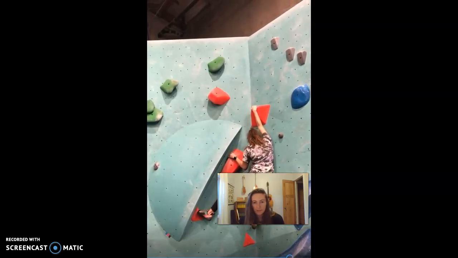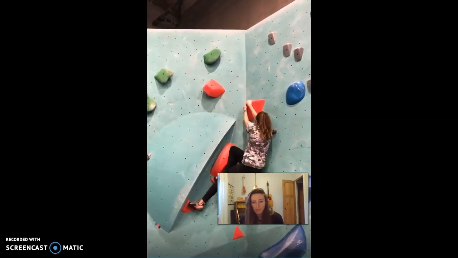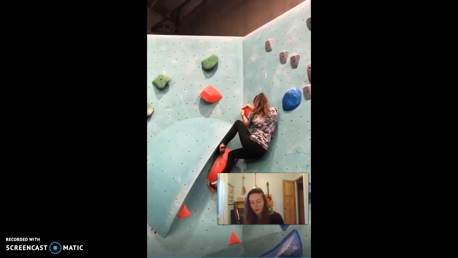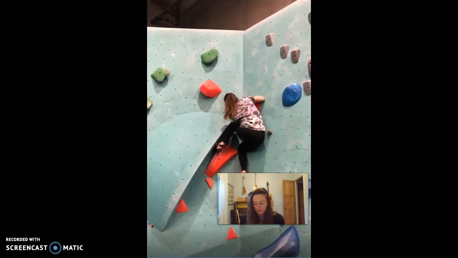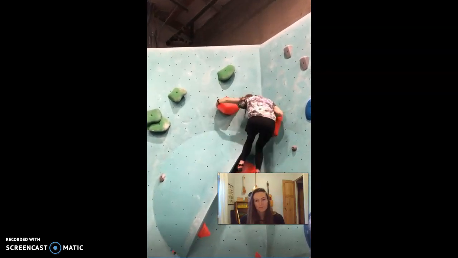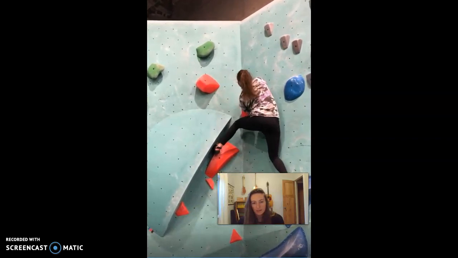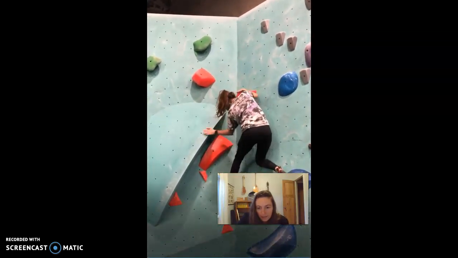That hold that I'm grabbing is actually pretty slippery. There's not a lot of friction on that hold. Friction is another example of a force pair. And remember, friction is a force that resists motion when objects move against one another. So friction is coming into play here. If I rewind it a little bit,